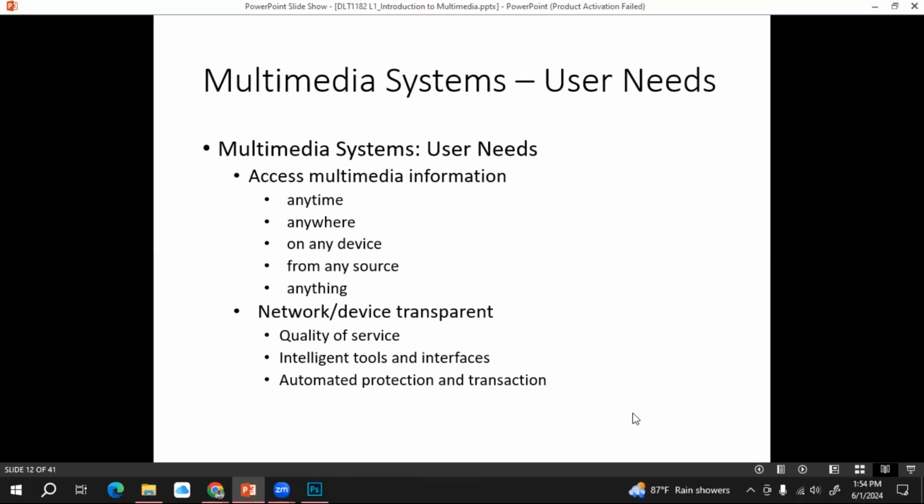Then we can summarize this slide. In a good multimedia system, users are expecting these main types of requirements or features. First one is access to multimedia information at any time, anywhere, on any device, from any source and anything. If it is a communication platform like Zoom or Facebook or any other communication platform, it should have quality of service. It should be free with some plugins.